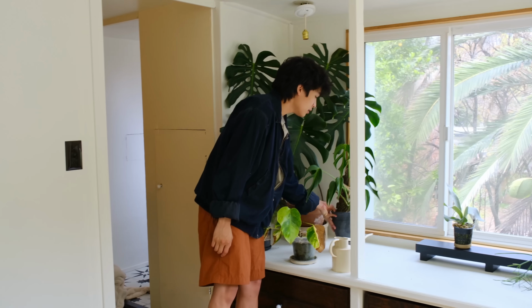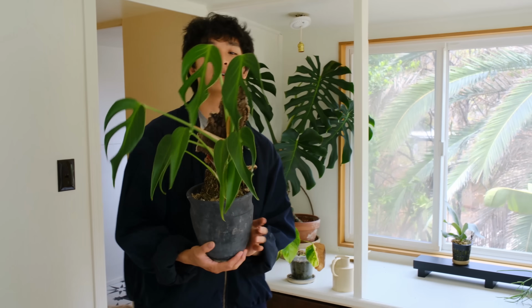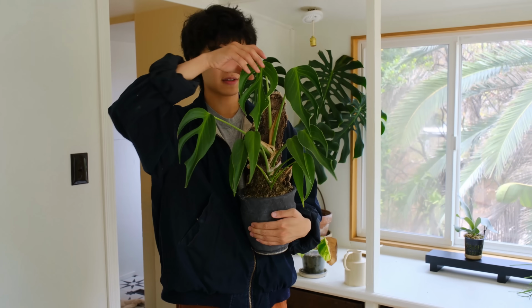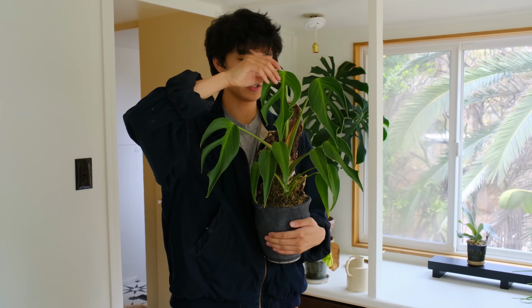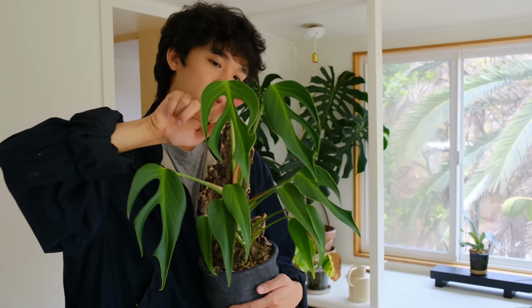Here's my Monstera Burle Marx Flame. I think I'll take this one down to water too. Needs a new pot, needs a larger pot. But the leaves are sizing up and getting more fenestrations. This is the first leaf that has fenestrations on both sides. Look at how